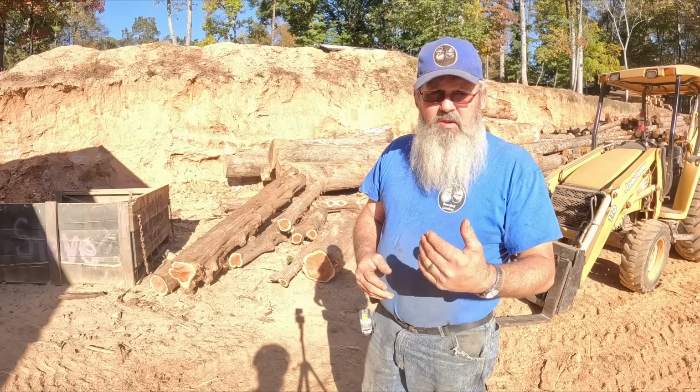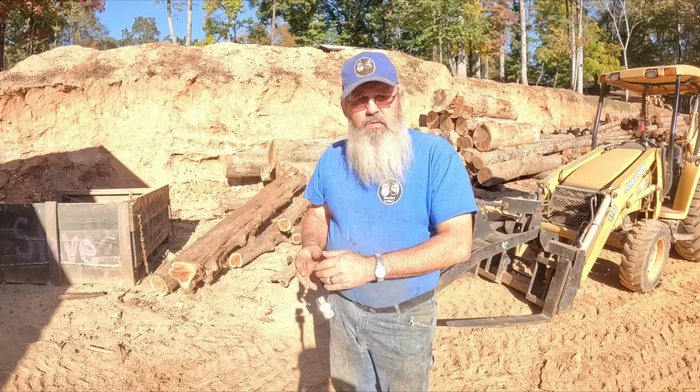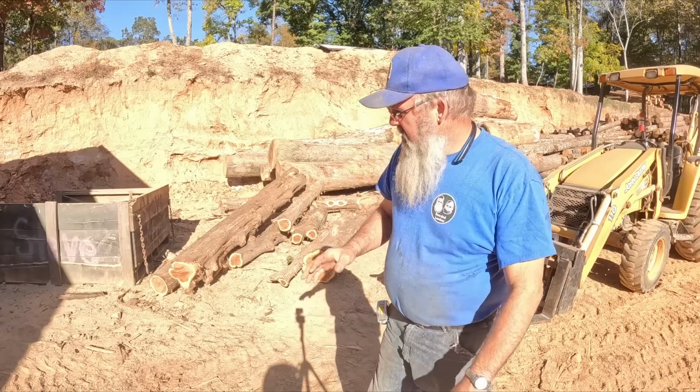So I took a moment and educated her. I said, the best thing to do with cedar is I'll try to get you one square side, and then we'll let the other side run with the taper. That way, if you need a 4-foot board a little wider, you can cut it off. If you need the whole length, you can rip it down to whatever width you want. I said, well, once I saw it off, it's gone. So